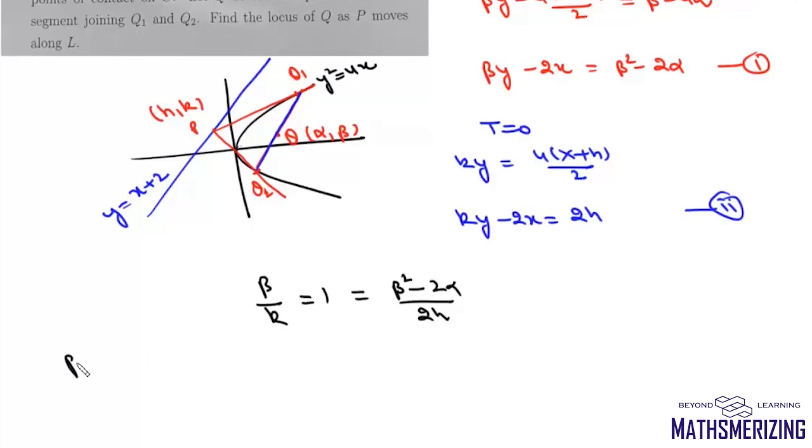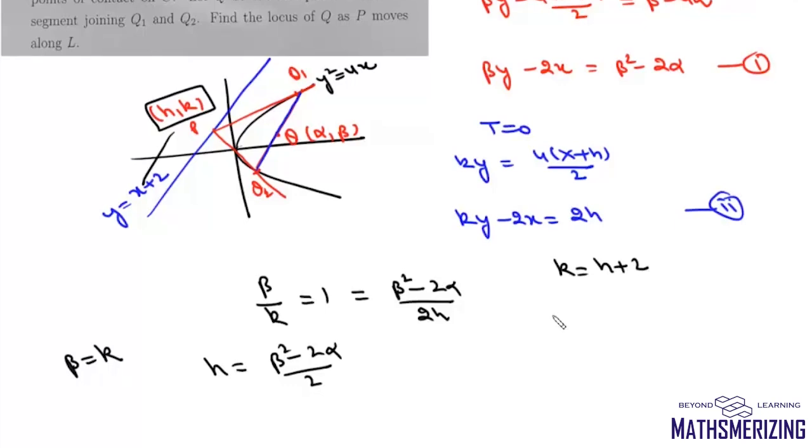So from here we get this condition that beta equals k and h equals (beta square minus 2 alpha) by 2. Now we need to find the relationship between alpha and beta. Now this h and k lie on this line. So from here we can write k equals h plus 2. Now k is beta, so it will be beta, and h is (beta square minus 2 alpha) upon 2, and then plus 2. So it will be 2 beta